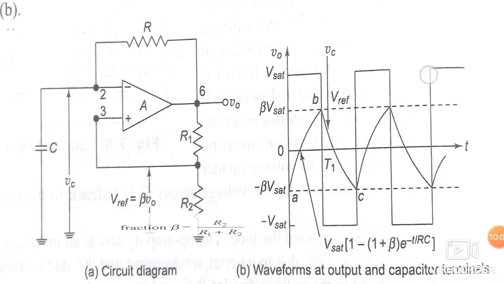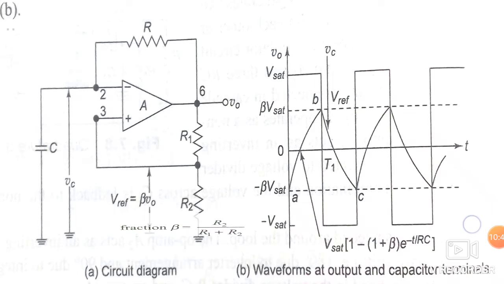It will charge up to here, but at this point transition will occur, because at this point again the potential of terminal number 2 becomes greater than the potential of terminal number 3, that is VID becomes negative here again. So as soon as VID becomes negative, it will again start discharging, and it will discharge